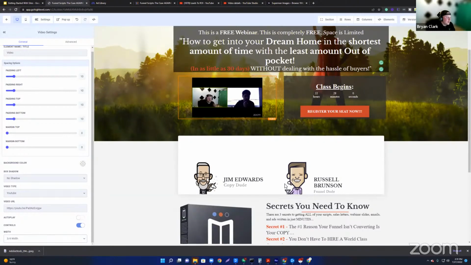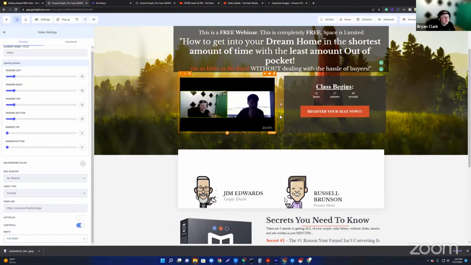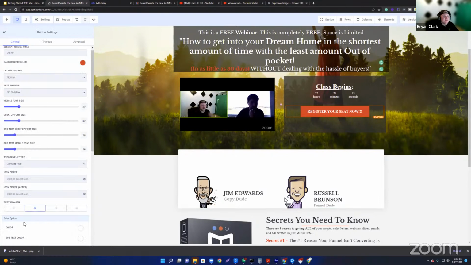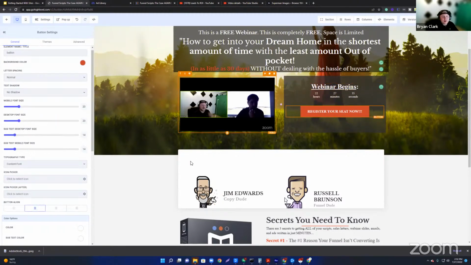So if we change the width of the video, it's going to change the size in that particular column or in that row. So you can do half width, you can do 3/4 width, you can do full width, depending on how you want to actually display that image. I'd recommend doing full width for this section. Where it says register your seat now, again, we want to go ahead and modify all of this. So I'm going to say webinar begins. We've got the time breakdown